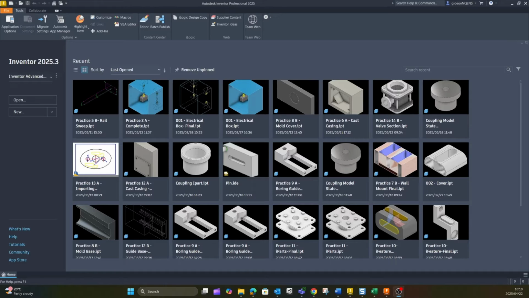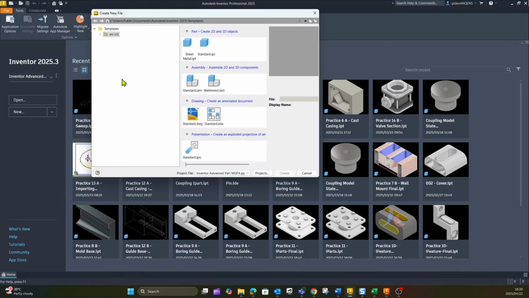Today we're going to have a look at Inventor and how we can utilize the sweep function. When it comes to understanding the sweep function, it can assist us with quite advanced geometry and advanced modeling techniques. I'm going to open a normal metric template,